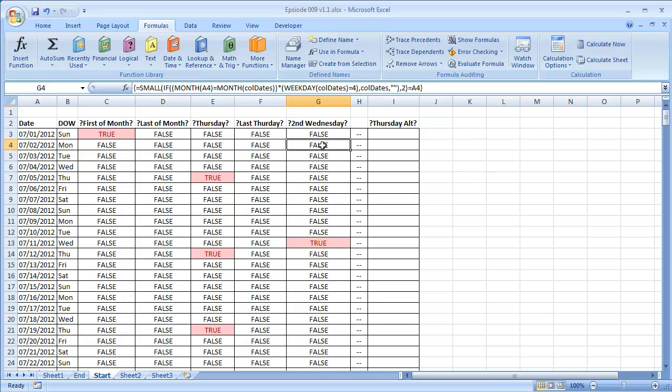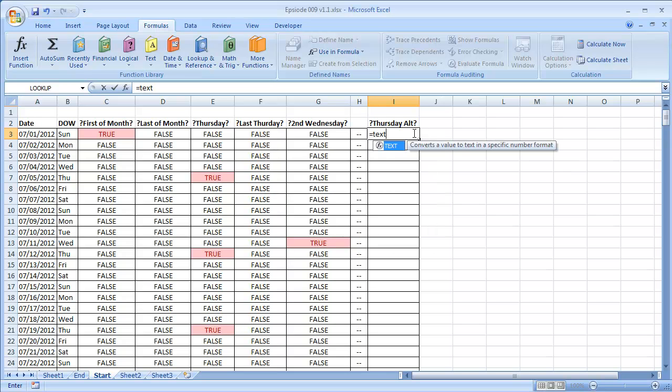Okay, so this is really all we wanted to do today. I do want to show you this one last thing. There's also a different formula you could use to check for whether or not a date is a Thursday. Because right now we did this guy right here, weekday equals 5. That's probably the fastest, but there's another way that's a little easier to read. So I'm going